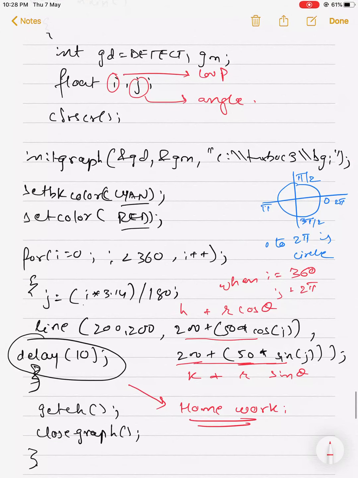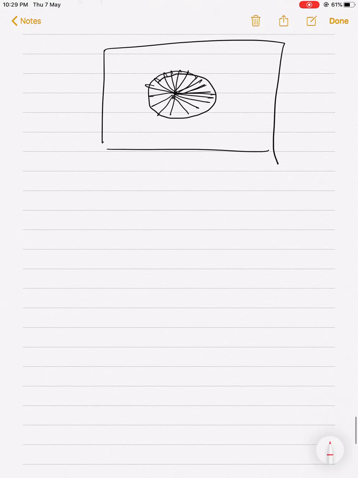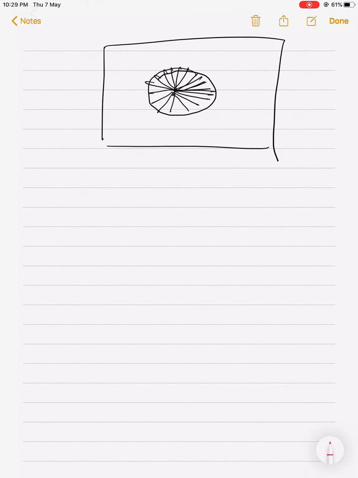If you are facing any doubt, please let me know. So in this way we can draw a circle. So we are finishing the entire shapes here. Only one topic is remaining. Topics remaining are animation and sine wave. Understand the circle first.